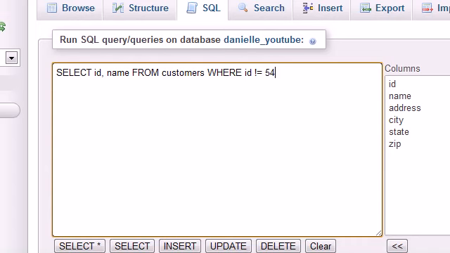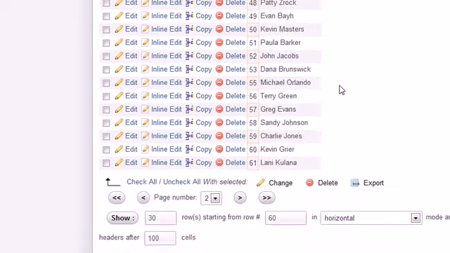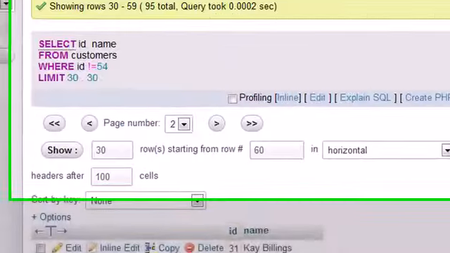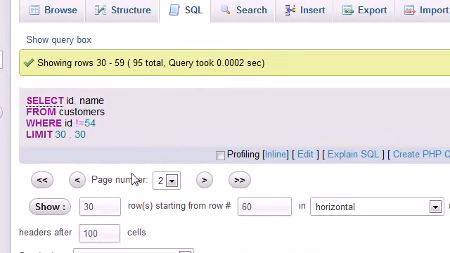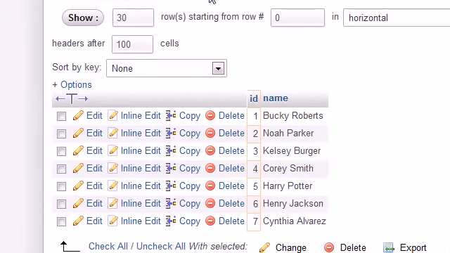So whenever I run this test, it would return all the results. However, if we take a look, you see that 54 is excluded from the result set. That's because we said, okay, give me all the results where the ID is not equal to 54. Now, there are a couple other tests that I'm just going to talk to you guys about real quick. You can also have the less than sign. So if you say, okay, where ID is less than 8 or something like that, go ahead and hit go,